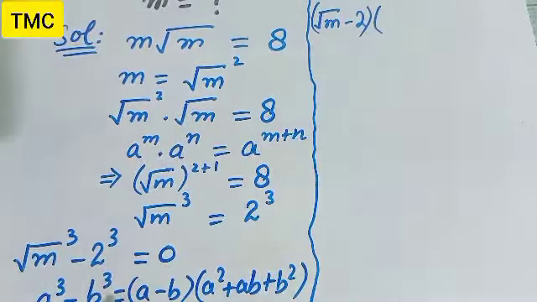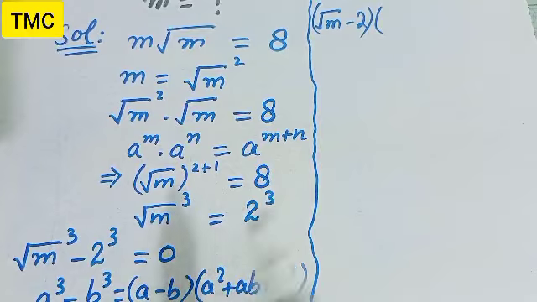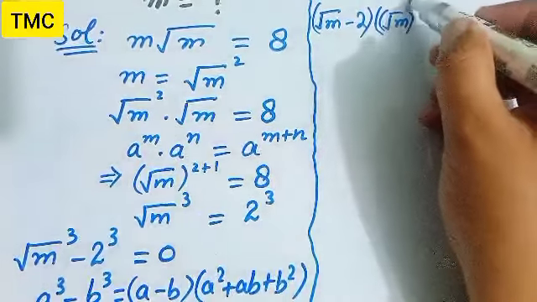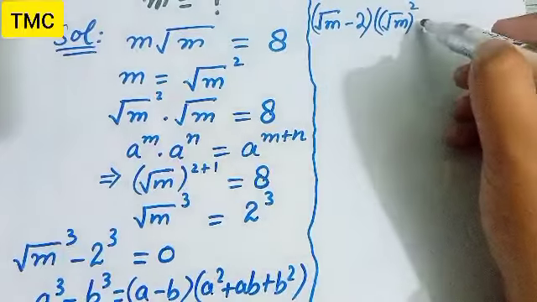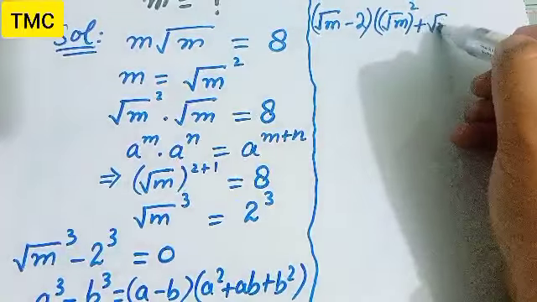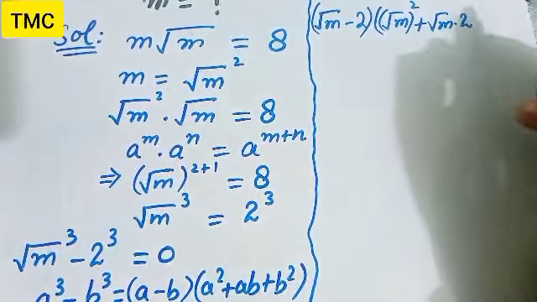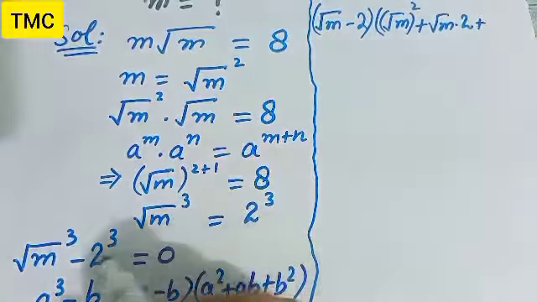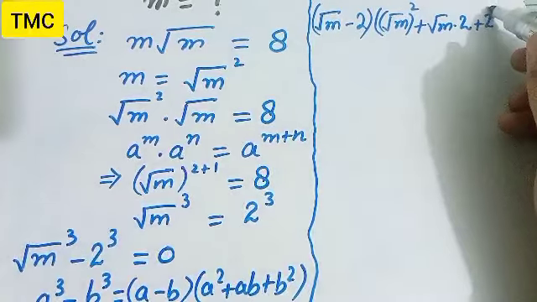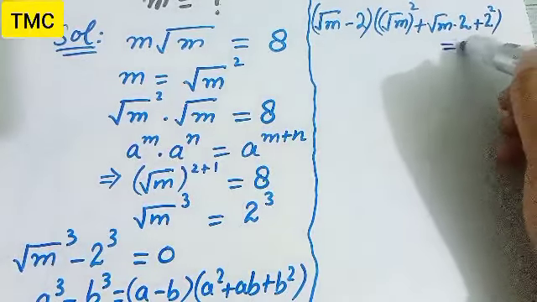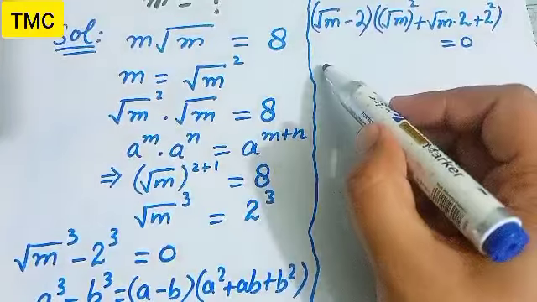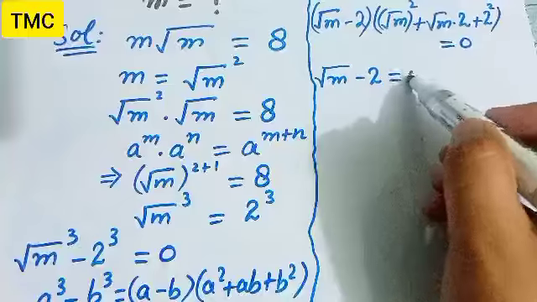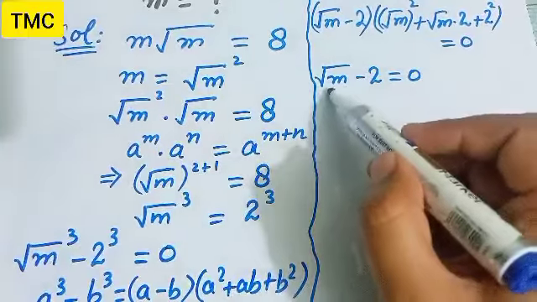For a square we can write square root m square, plus ab, where a is square root m and b is 2, plus b square. For b square we can write 2 square. This equals 0. Now both these factors will be equal to 0, that is square root m minus 2 will be equal to 0, and